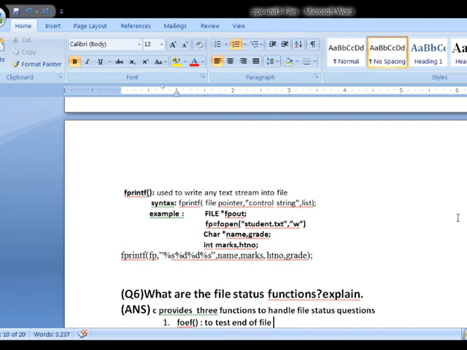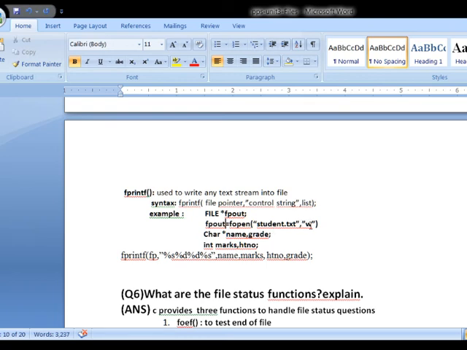Similarly, we use the fprintf statement to write this information into a file. Now see, create the file pointer fp out, use that file pointer created, and open the file in write mode. Why?